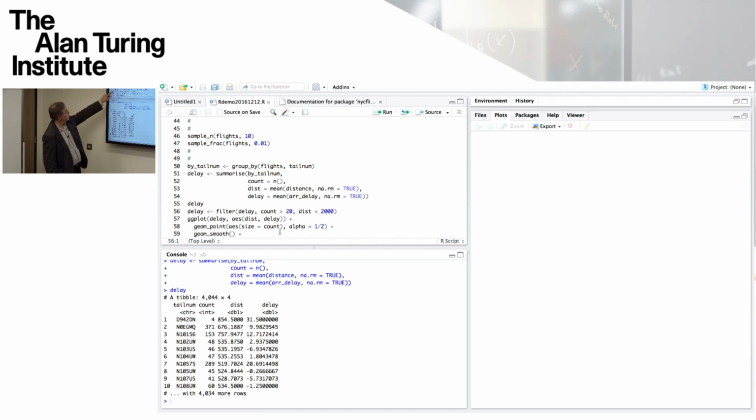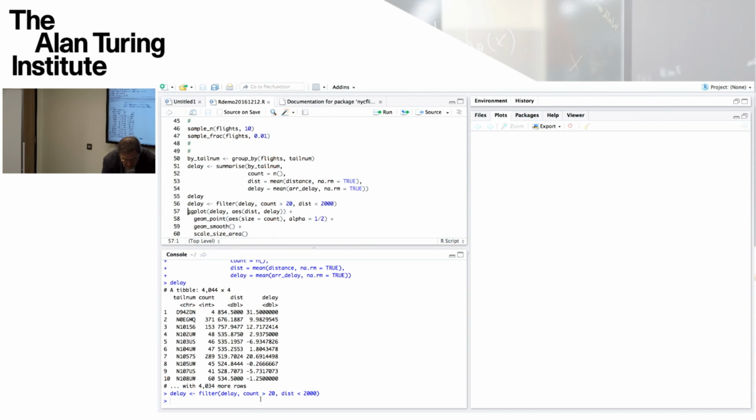It's an interesting feature of these delays that we get some outliers. For example, some of these delays have a count which is below 20, so we'll ignore those. Let's look at the ones where the count is more than 20. Also some of these distances flown are excessively long, so let's filter out those as well. Let's say distance less than 2000. So now delay has been modified to be just those observations for which count is more than 20, so there's a prevalence of observations for that tail num, and distance is not too great.